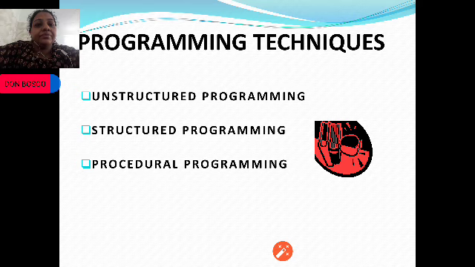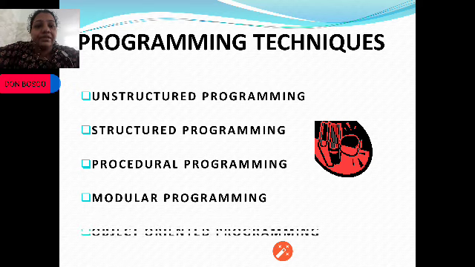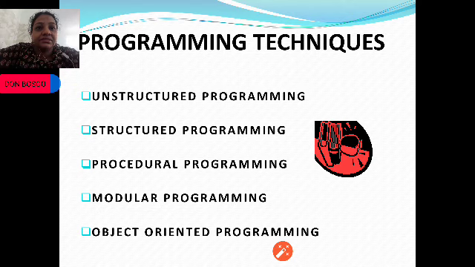There are in total 5 programming techniques: unstructured, structured, procedural, modular programming, and finally object-oriented programming.